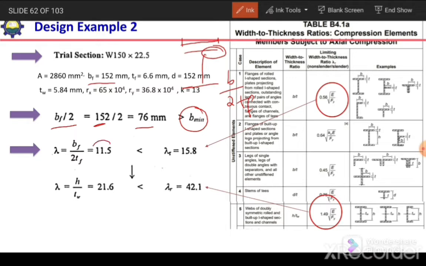Okay. So next is lambda, BF over 2TF. So its value is 11.5. We can directly select from the table, or we can calculate 76 B152 divided by 2 times TF is 6.6. So it will give us answer 11.5. Okay. So we need to compare this with this lambda R value, and lambda R we can calculate by using